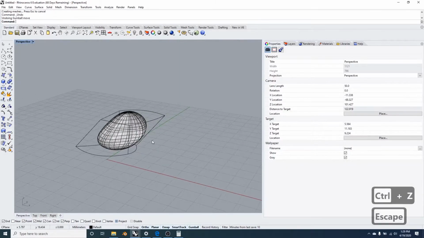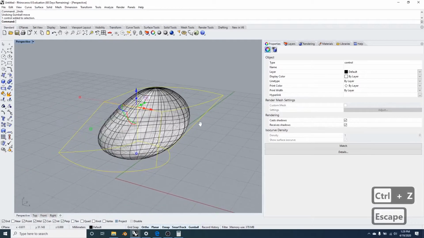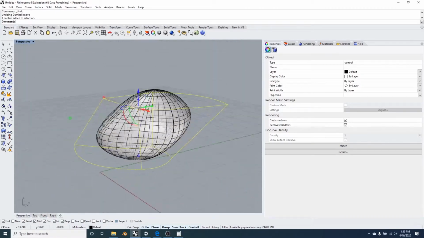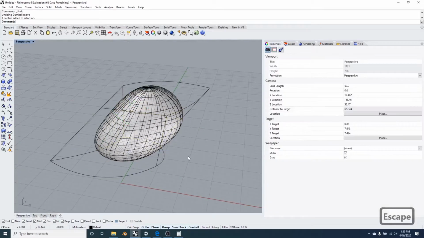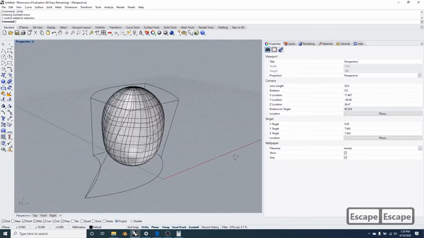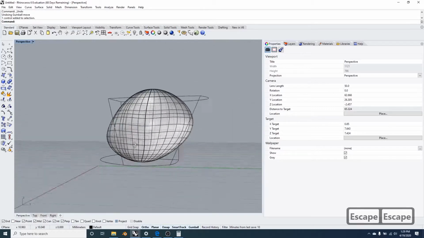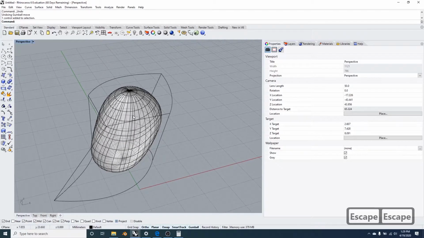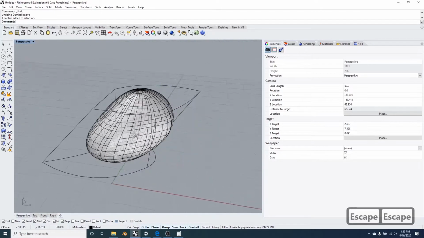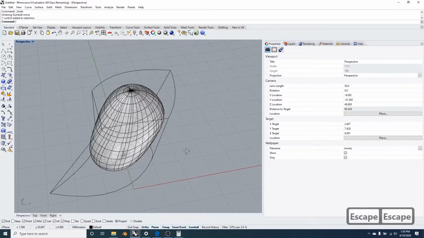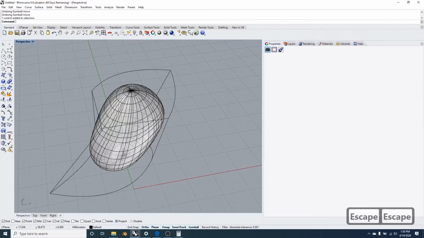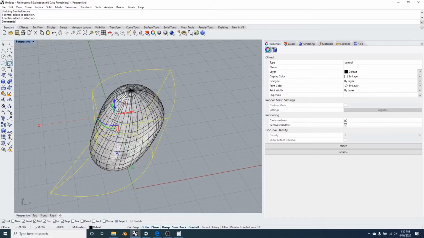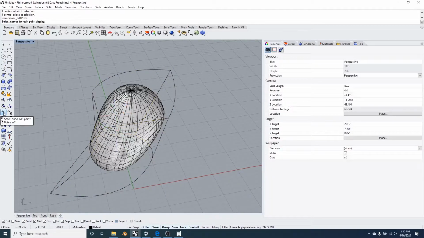Now, let's say that you took the time to modify the points, and you have an object, but you want to further refine your points after you exit the command. Now, you don't need to run the command again because it's going to create yet another cage edit. What you need to do instead is select the box and go into your toolbar on the left. And you're going to see that there is show curve edit points. If we click that,